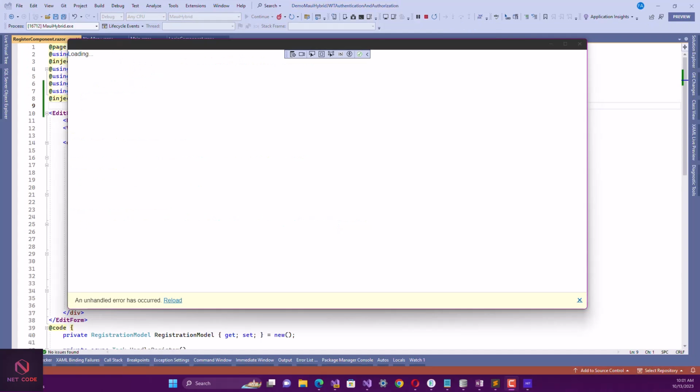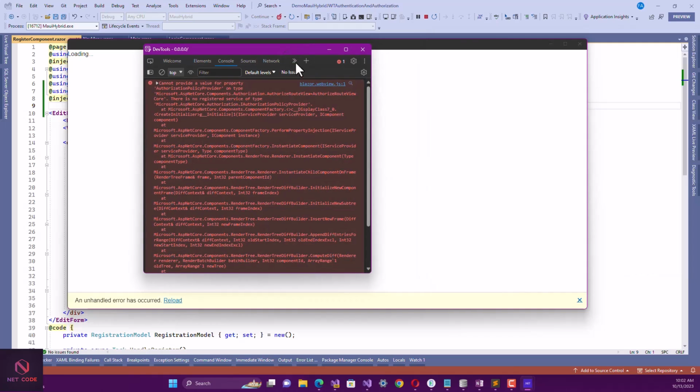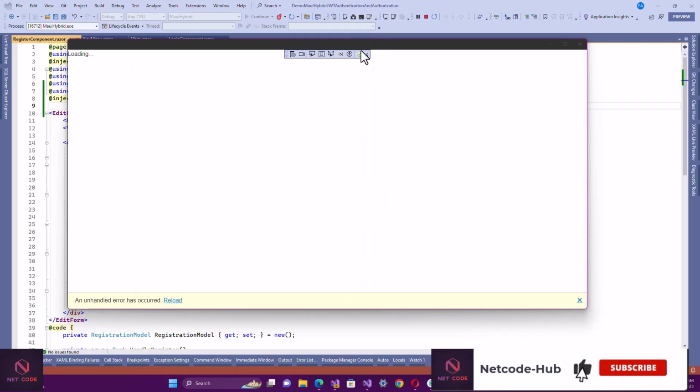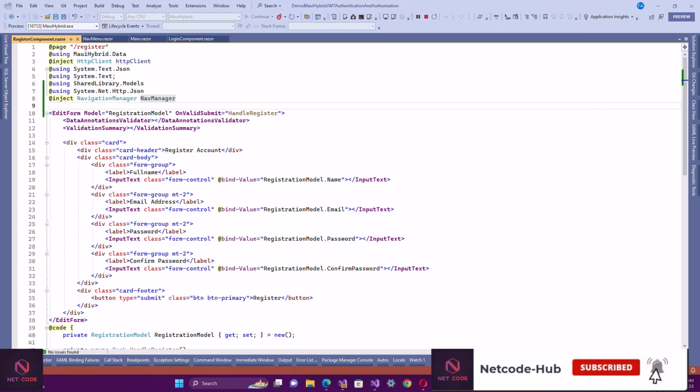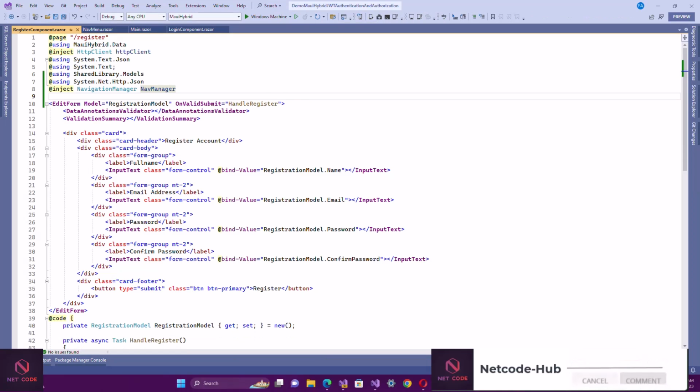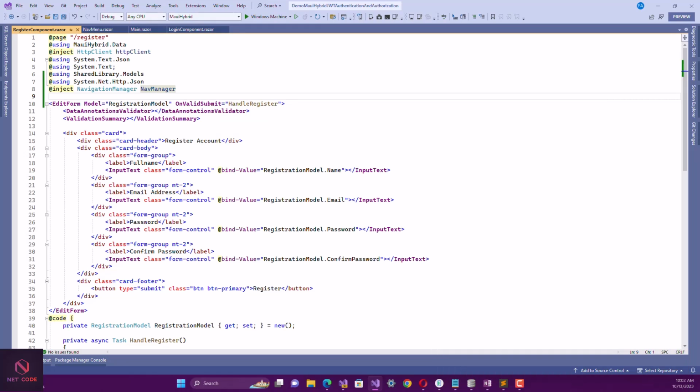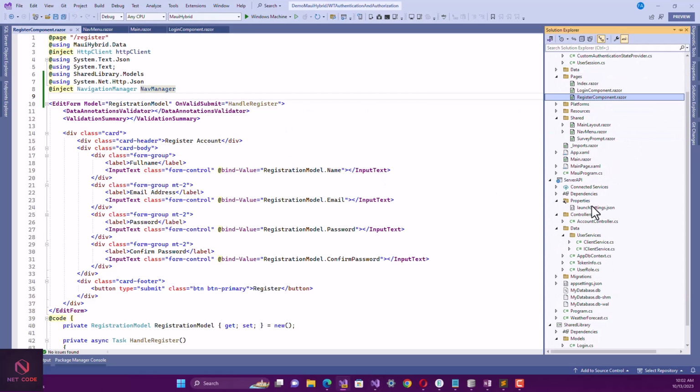Oh, okay, so we have this error. Let's check it out. So from here we are saying that there's no service for this. Alright, so let's close that and try to check out the service and register all the services. So let's navigate to the MAUI program.cs, and in there I think we have to add this authorization core. So let's see, solution, then we go to the MAUI program,